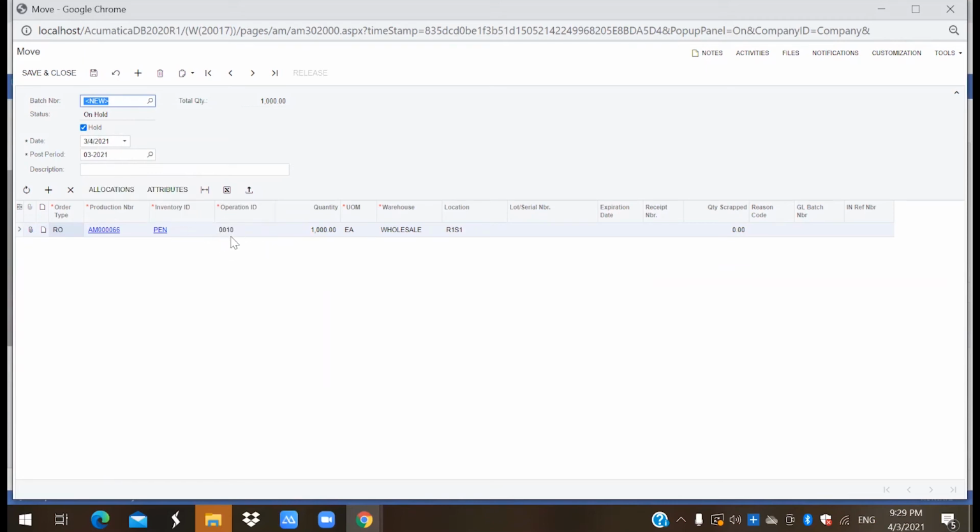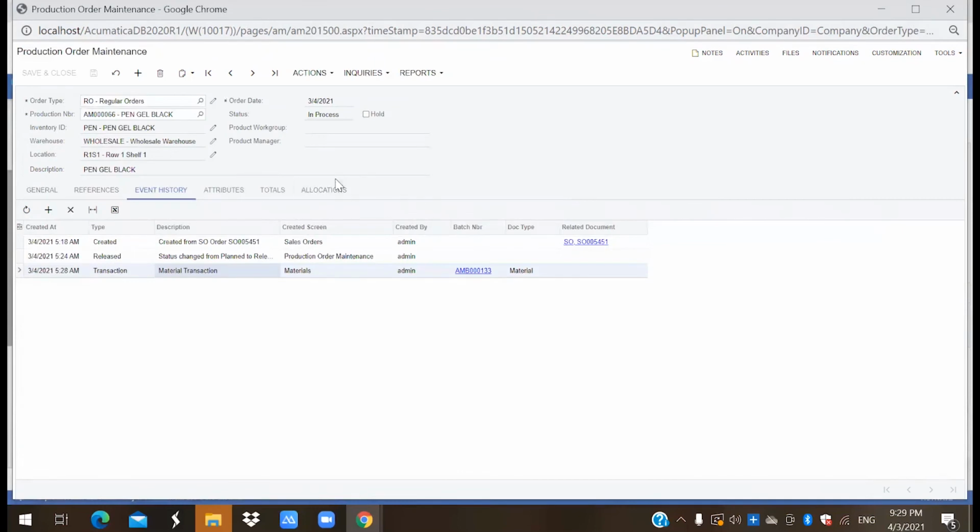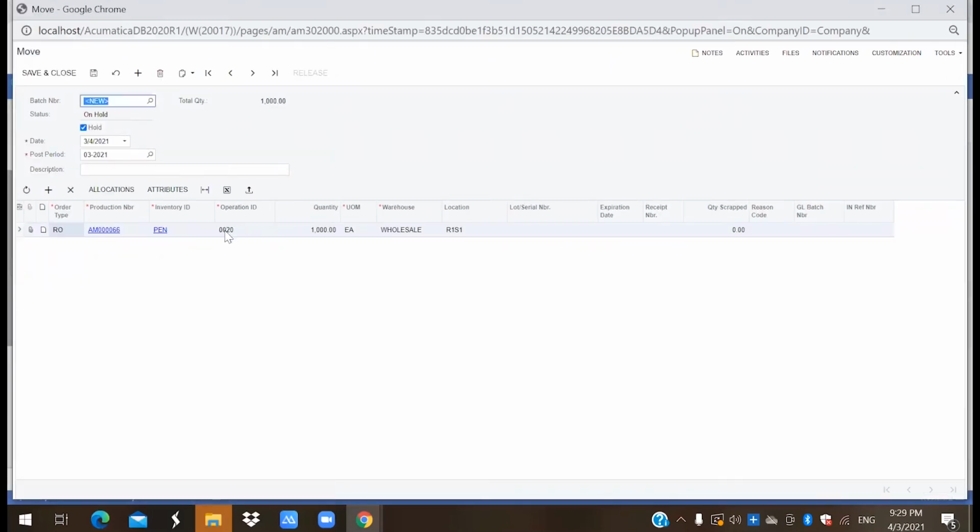Currently I am running this process for the 0010. So I'll unhold it, save it, then release it. So now this means that I have received the item after the first operation. Now I'll create a move transaction again for the second process. This time I'm running it for 0020.